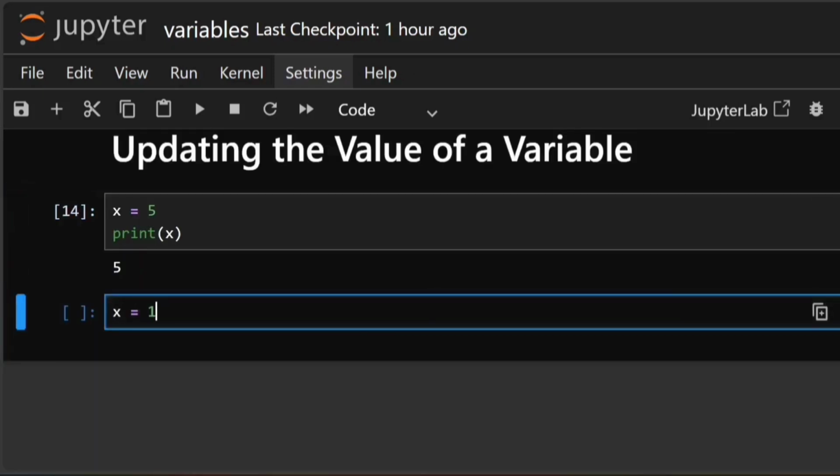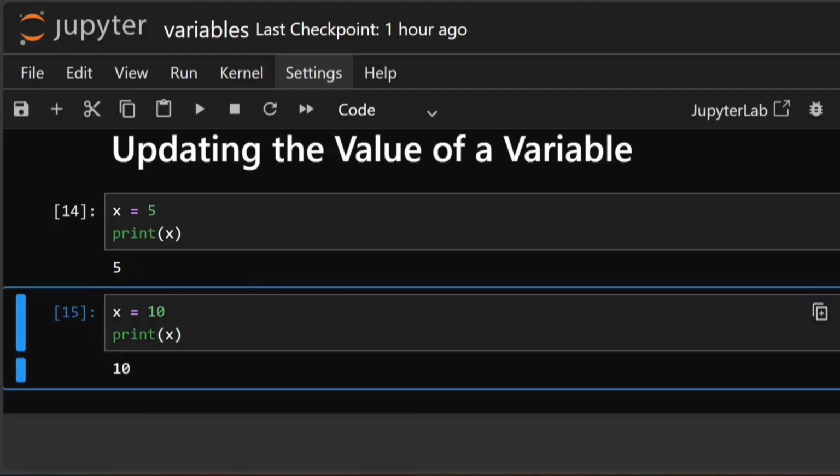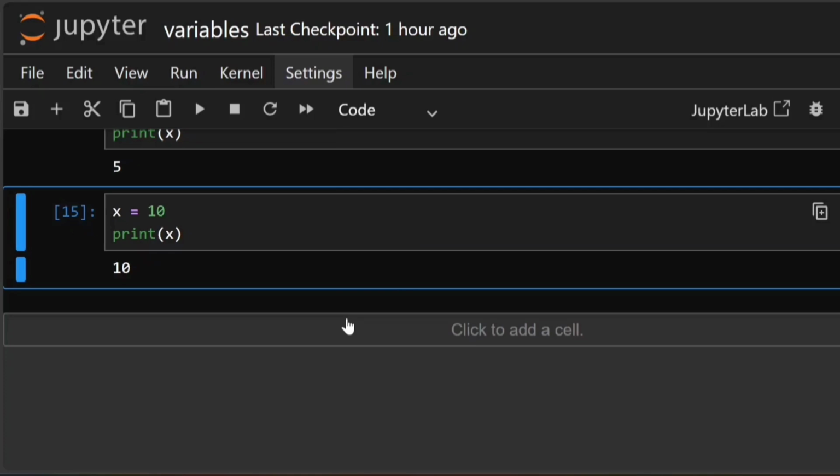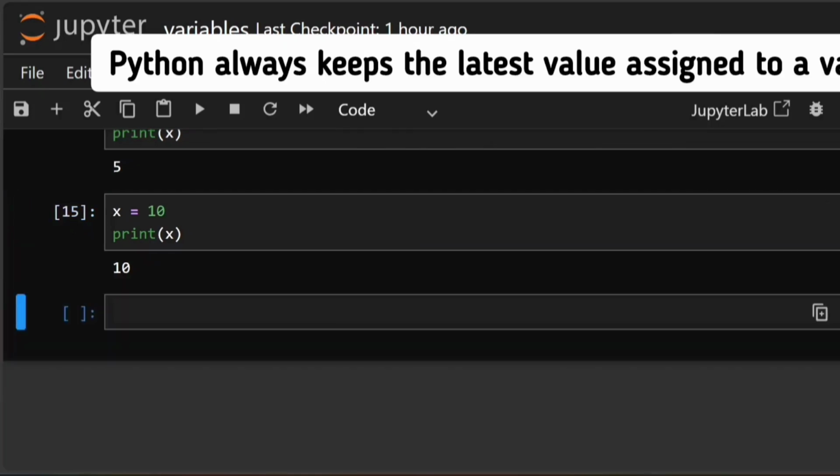Now I am typing x equals 10. This updates the variable x and the old value 5 is replaced by 10. Now the output is 10 because we overwrote the previous value. Python always keeps the latest value assigned to a variable.